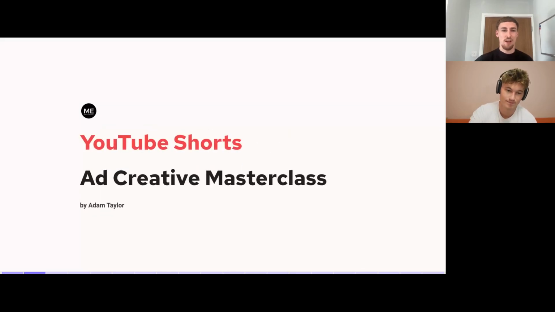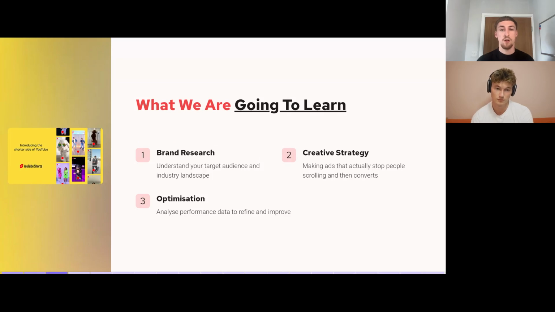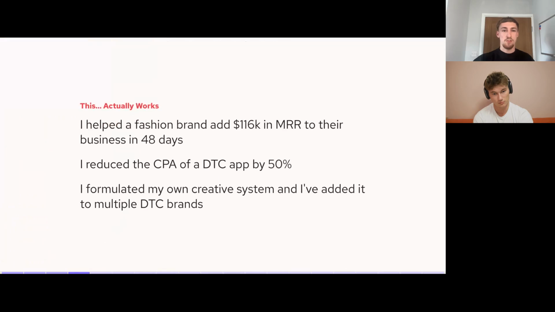Perfect. So as I said, I'm going to be breaking down the ad creative side of things. George takes over the media buying side of things. Both are as important as each other. Without one, the other falls short. So in today's masterclass, what we're going to learn is brand research. So actually understanding your target audience, doing the research before your creatives to ensure that you can do the correct creative strategy. And that's when we're going to be talking about making ads that actually convert, types of ads, different creative concepts. And then after that, we're going to be looking at optimization, so how you can optimize your creatives once they're actually in the ad account to make sure you can learn every single month and keep on making new creatives.